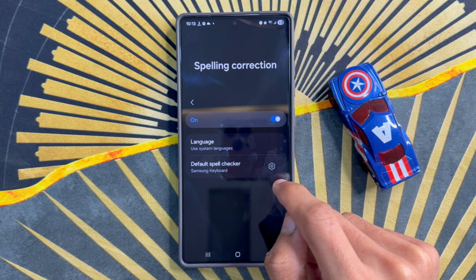After the process, go back to the home screen. So that's how you can turn on or turn off Google Keyboard, Gboard, spelling and grammar check on Samsung Galaxy